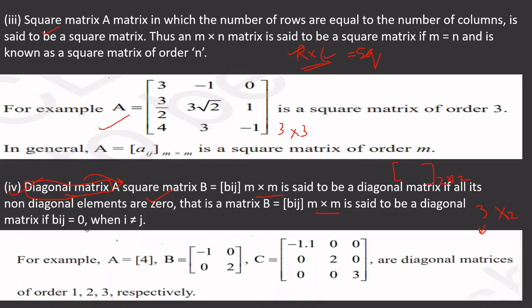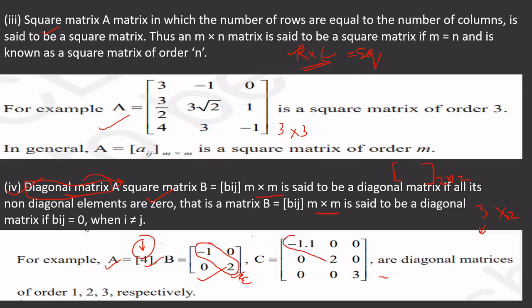Starting with this example, 4 is a unit matrix. There is one element, and we can say there is a diagonal. After that there is a 2 cross 2, there is a 3 cross 3. Only a square matrix can be a diagonal matrix, which means rows and columns are equal: 2 cross 2 and 3 cross 3. And what is the diagonal matrix? Now we have seen that the elements only fill the diagonal.